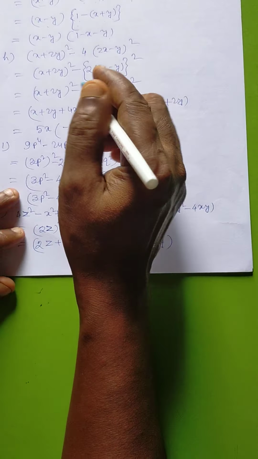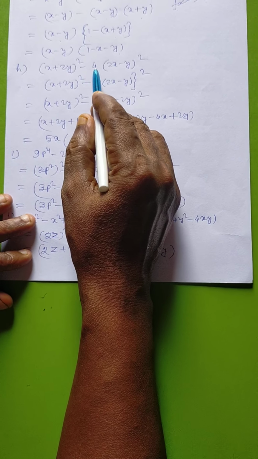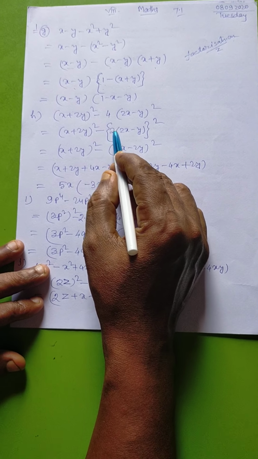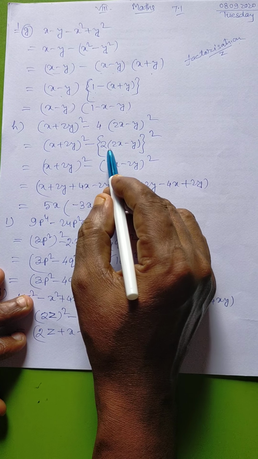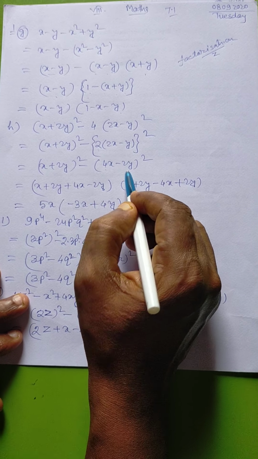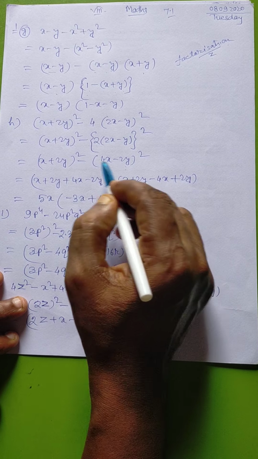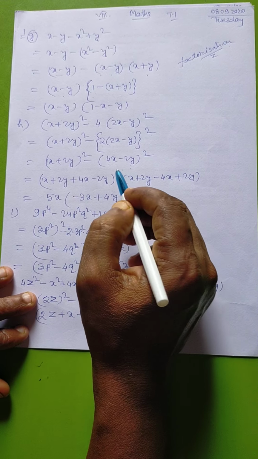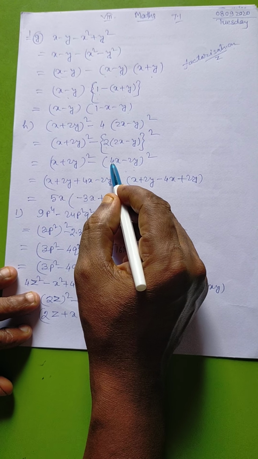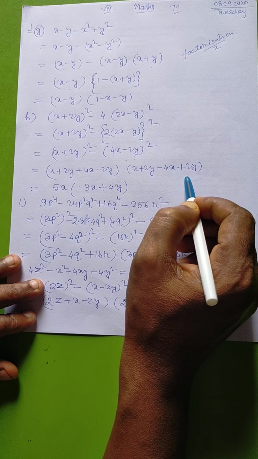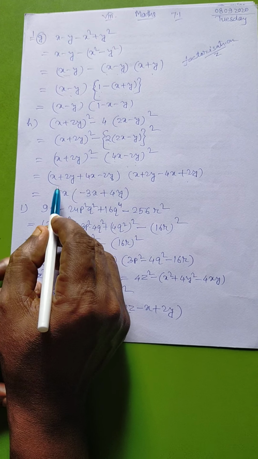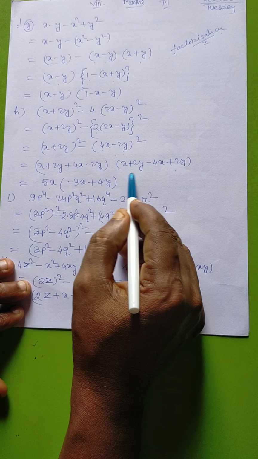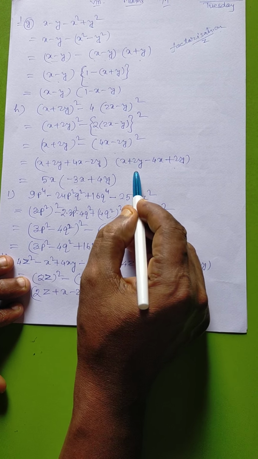Now you see, this is given. This 4 means 2 square, 2 square means 4, so we are keeping it inside the bracket. Then multiply it, we are getting this one. Now the a square minus b square formula: (a plus b)(a minus b). Okay, when minus b, one time minus here and here minus into minus plus here. Be careful about this. Now simplification. This plus this, 2y vanishes, plus minus, and from here this is, and from this is.